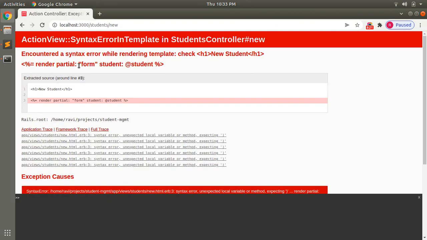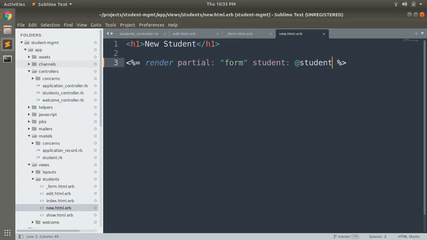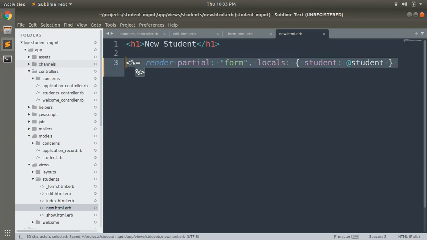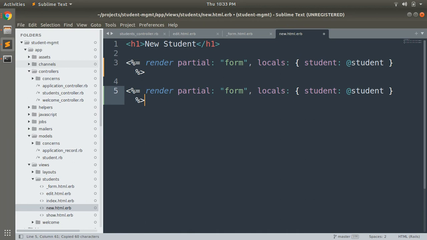Okay, so you will get the syntax error now. So you can use any of the ways, either this way or this way. Both will work.